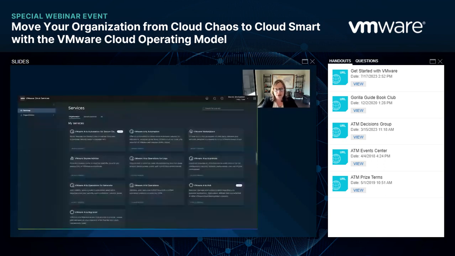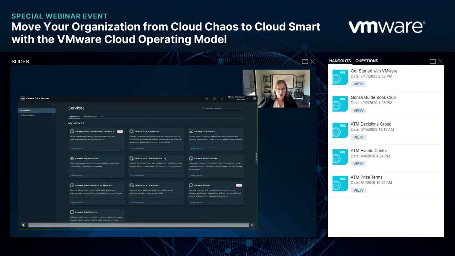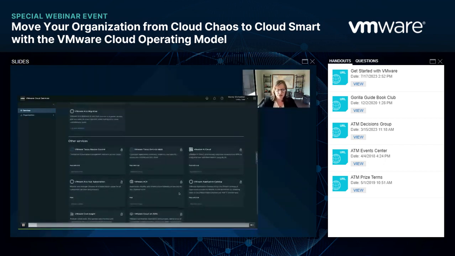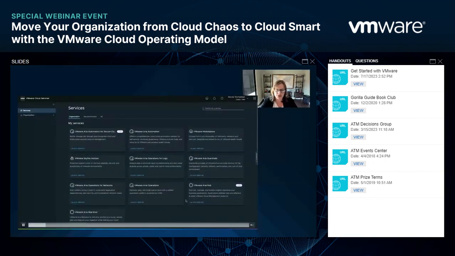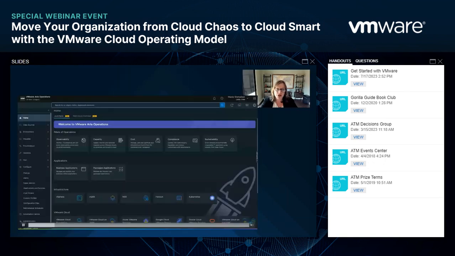So let's take a quick look at just operations, for example. So here's the cloud services portal that when you start using our SaaS solutions, all of our solutions are available through the cloud services platform or the cloud services portal. And so here you will see not only the services that you are entitled to, that you are subscribed to, but you can also see the other services that are available to you should you decide to subscribe to them through here as well. But I'm going to jump into operations, and we are going to take a look at